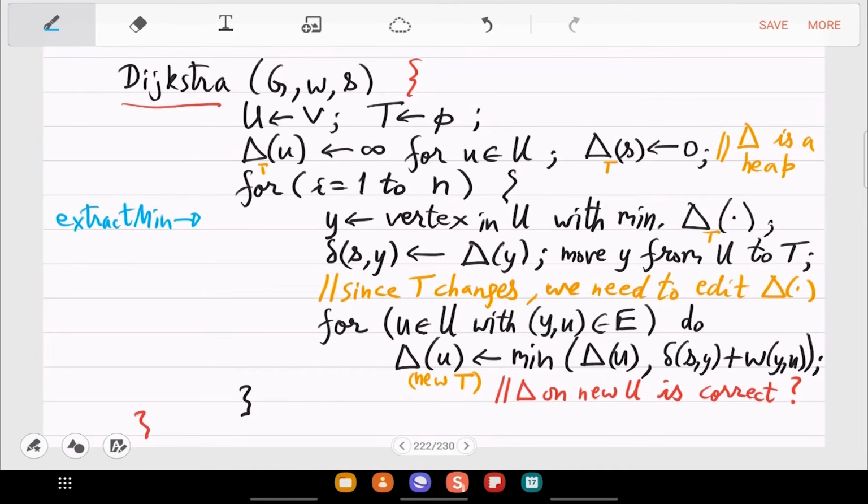You just delete y from U and add it to T. Finally, in this delta change, here you are again changing the heap. So how is this change happening? Delta u value is being decreased. So this is decrease key. These are the function calls you are making to the heap, so that will determine your time complexity.